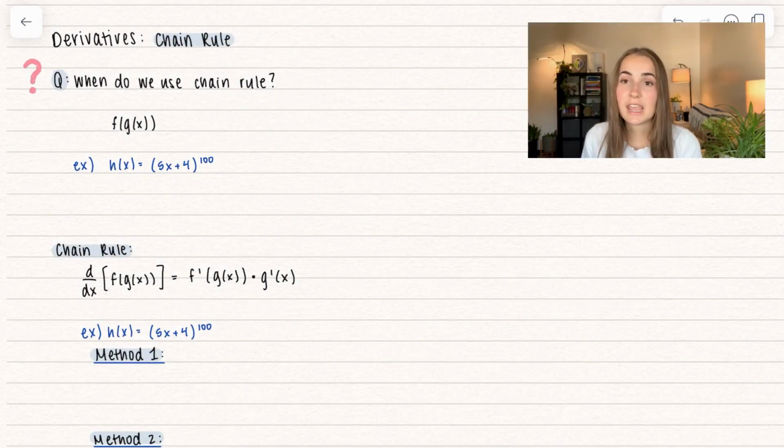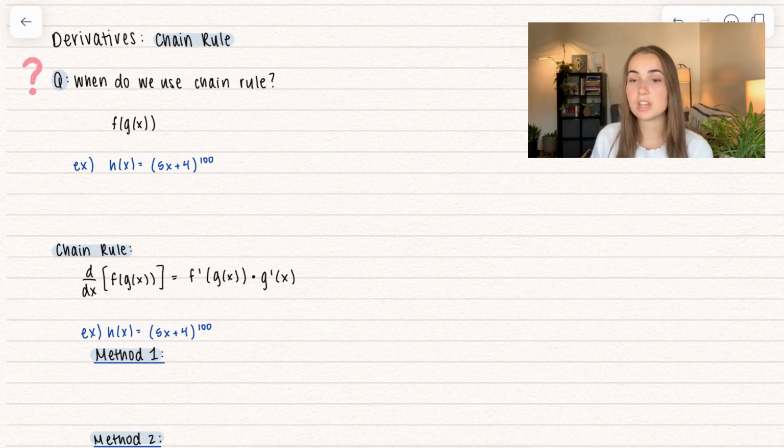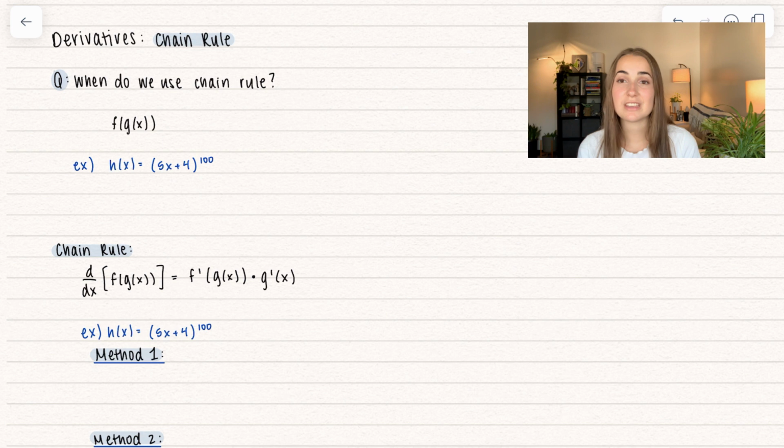So the question of the day: when do we actually use the chain rule? It's when we have the composition of functions. So we have f of g of x. An example of what that looks like is h of x right here. We have h of x is equal to (5x + 4) to the power of 100. Of course, we don't want to actually expand that out and multiply it because that would take a really long time, to the power of 100. So there are some rules that we can learn